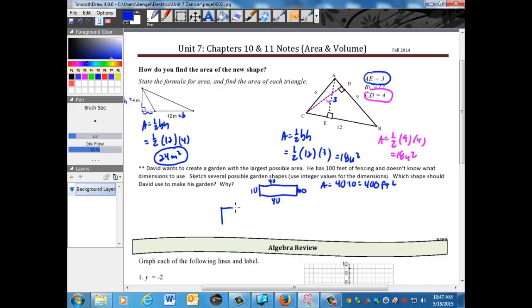Let's draw a square this time, and on a square, all sides are the same. We have to add up to 100, so we get 25 times 25 times 25. So area is equal to 25 times 25, and we get 625 feet. Well, clearly this has the most area compared to a 10 by 40. And as you play around with other sizes of rectangles, you'll see that a square will contain the most area